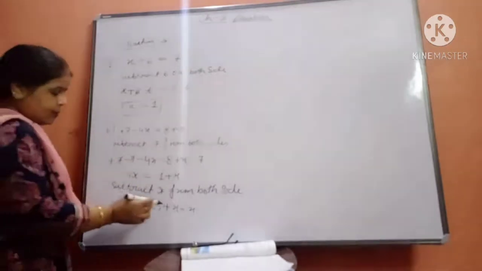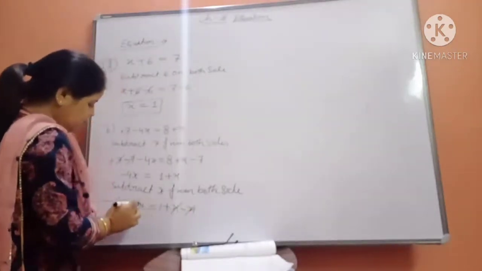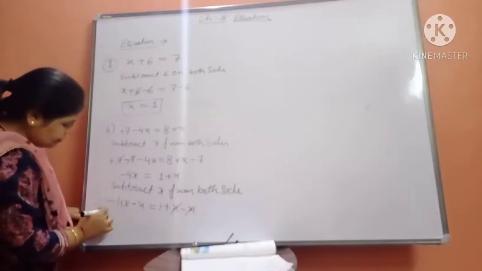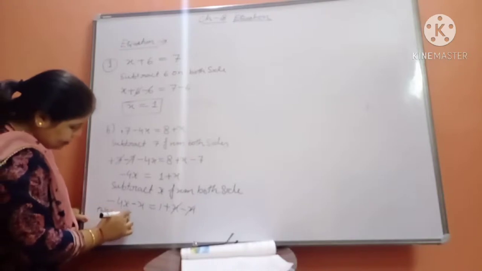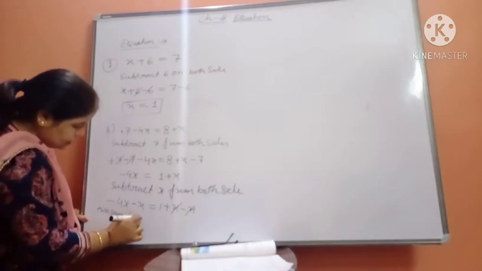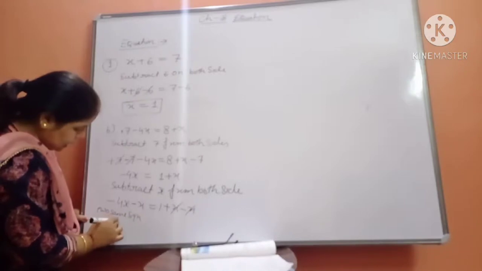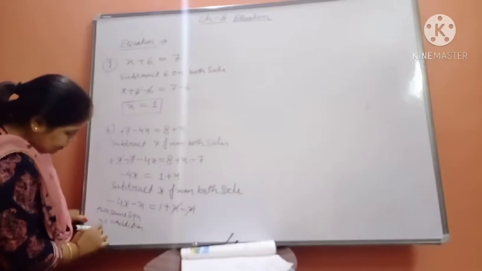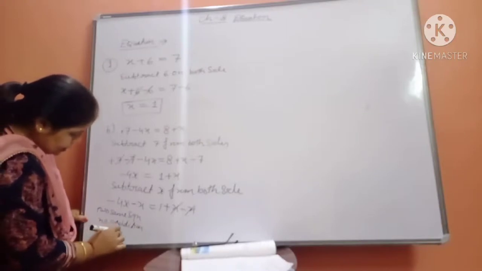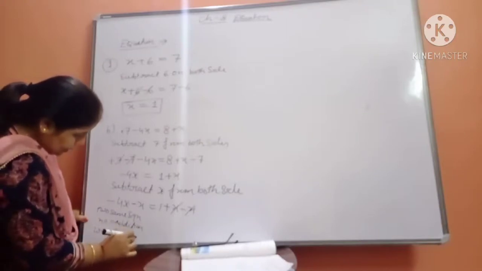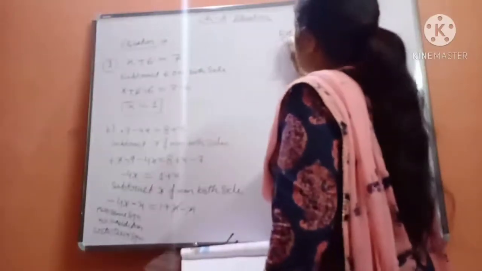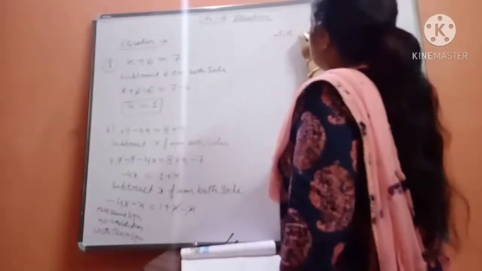Now see that plus x and minus x will be cancelled. So here are two same sign numbers. What will we do with two same sign numbers? We apply the rule of integers: two same sign numbers means addition with their sign. Whatever sign both the numbers have, you will keep that. Now see, beta, add them now: 4x and 1x. How much will it be? 5x. Both the numbers have what sign? Minus. So minus 5x is equal to.